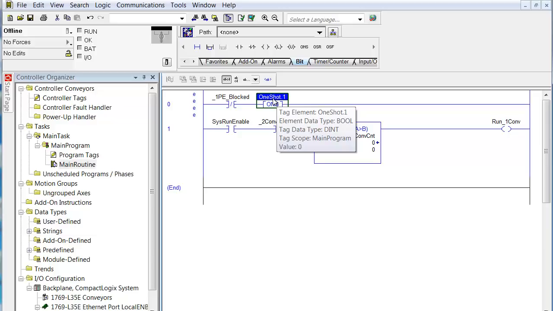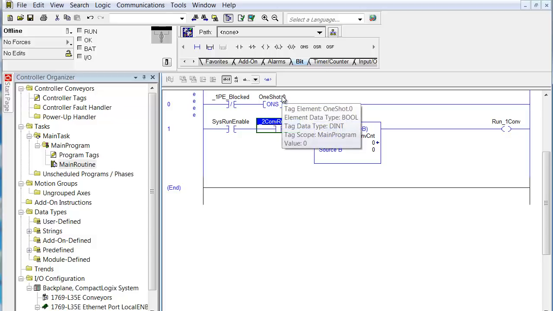At first that's a little confusing, but after a while you don't tend to think of 1 as first. You just think of 1 as a number that represents something. So we're going to edit this tag. The tag already exists, so we're not really editing the tag. We're just going to pick a different element. So we're going to backspace and put in 0, and so now that is the first bit of the tag